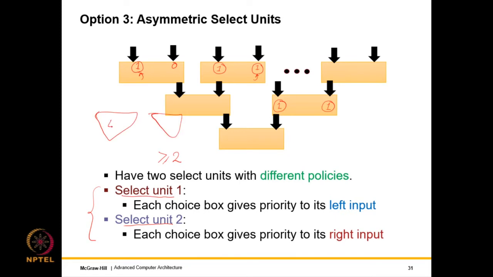We'll essentially have two, one like this and one more like this. This gives priority to the left input and this gives priority to the right. And as we see, if we have two adders, then we can make two choices and they will be different. In terms of latency, the latency is roughly the same and we get twice the throughput. So this is one of the examples of using a smart design method with a little bit of math to actually speed up hardware significantly.